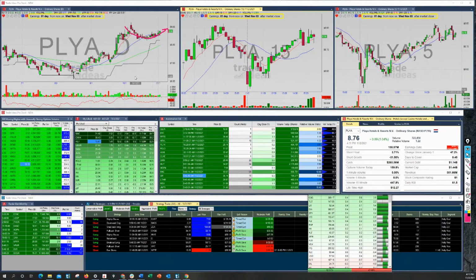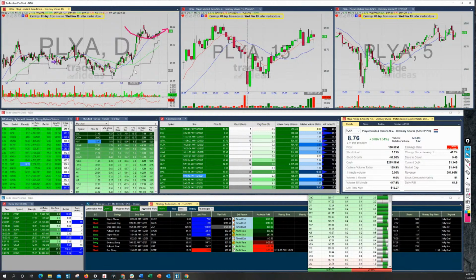We can take it and look at it like this. Let's zoom out. Cup, handle. Does that mean it's going up to here? I don't know, but I sure like that pattern. I haven't pulled the trigger on it because earnings is coming, and I like that on a daily pattern, but I'm just not going to play it through earnings. Something may happen in earnings and I may miss it, but I just wasn't willing to play it this close to earnings as a daily play, as a swing play. But I like that chart.